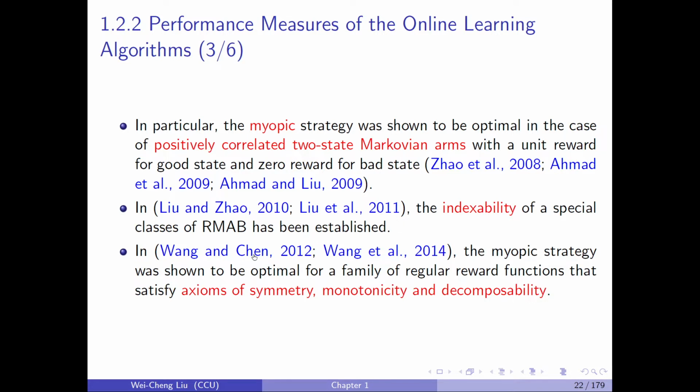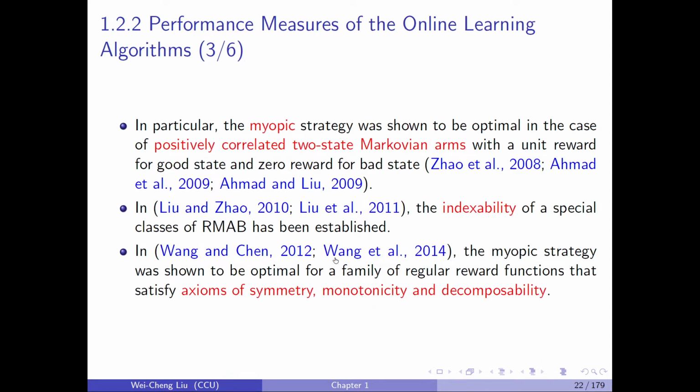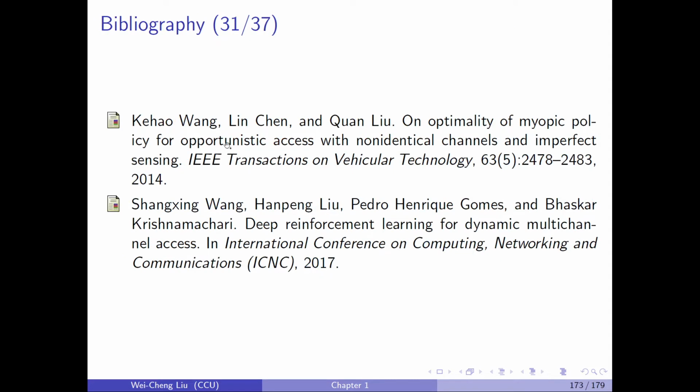And in Wang and Chen 2012, a paper published in IEEE Transactions on Signal Processing in 2012, and Wang et al. 2014, a paper published in IEEE Transactions on Vehicular Technology in 2014,